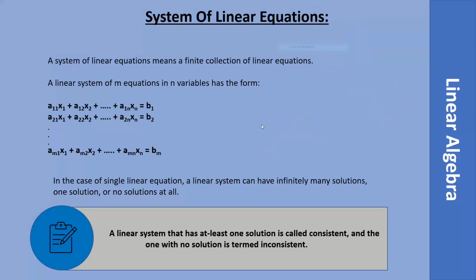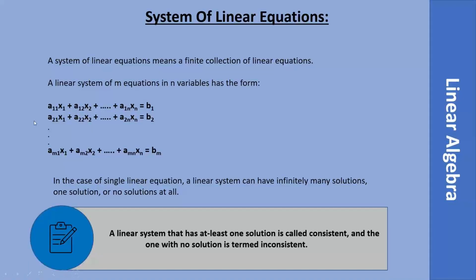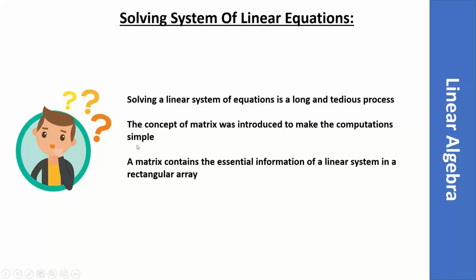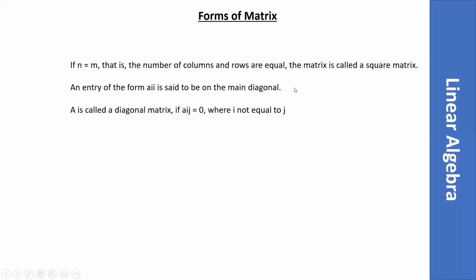Then the next topic is that, for example, if you have a system of n equations in n variables, how will you solve it? There is a thing where you can arrange it rectangularly, which is called a matrix. You can arrange it in a rectangular array, and a matrix is a two-dimensional array. I'll show you how it works.